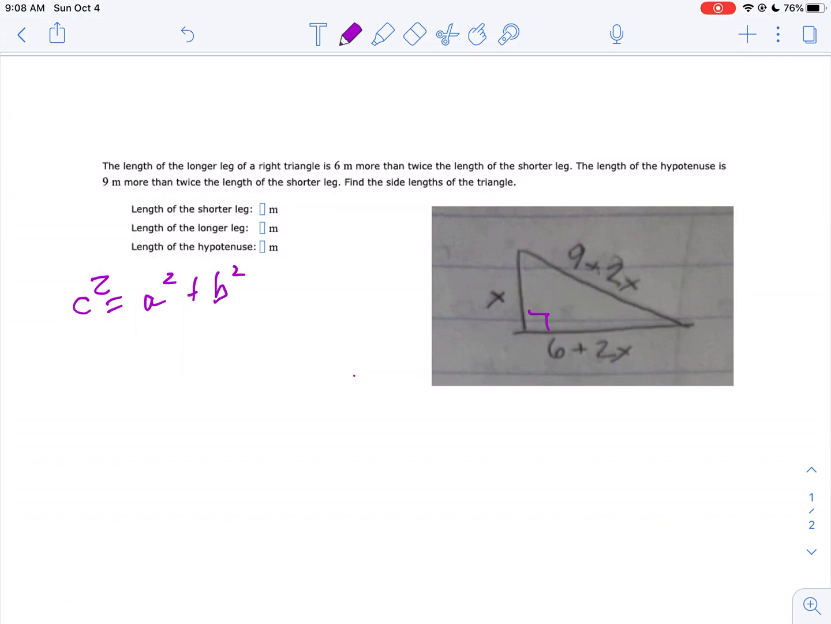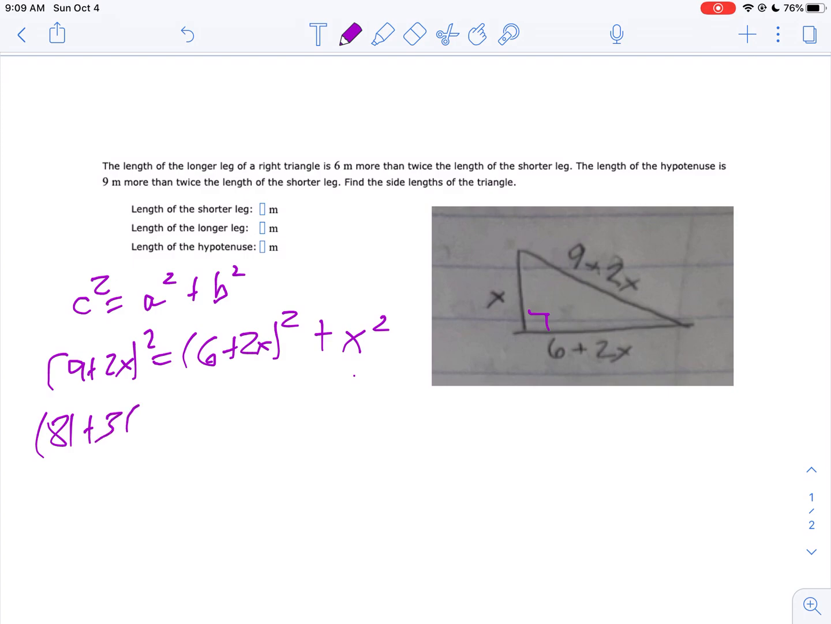And you came up with the expression for each of these, so I'm going to say (9 + 2x)² = (6 + 2x)² + x². Now we're going to solve this. So we're going to multiply (9 + 2x) out. Well, that's a perfect square, so that's 81 plus 9 times 2 is 18. Double that, you get 36x plus 4x² equals